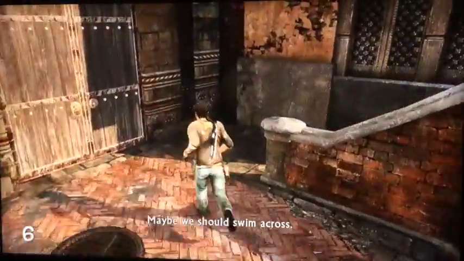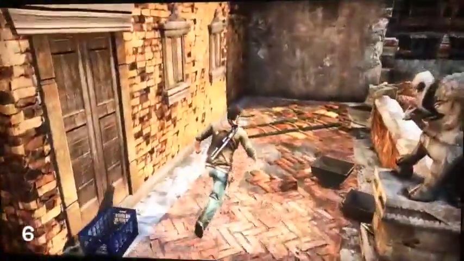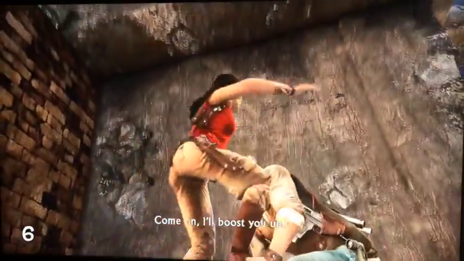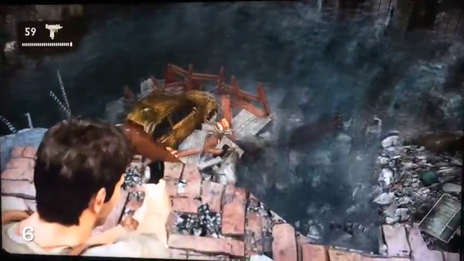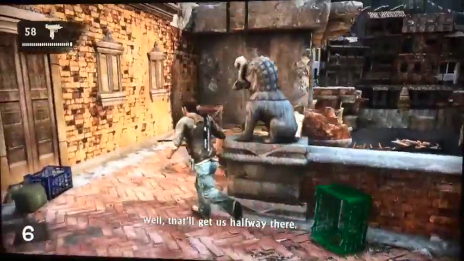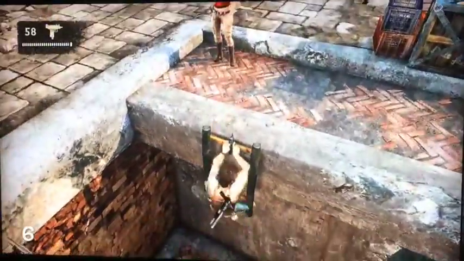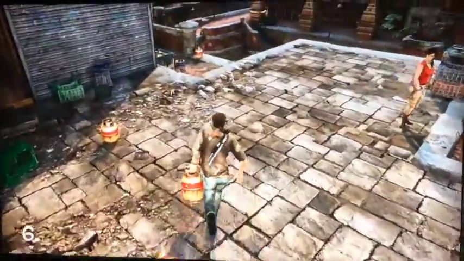This little section is quite cool. Swim across. Current's too strong. We'll never make it. What we have to do is get up here. Come on, I'll push you up. The idea here is that you've got these explosive barrels where the cars are that you can blow up. Well, that'll get us halfway there, to create a little path. Then you lift Chloe up here, and she gives you access to the top area, which in turn allows us to do this,